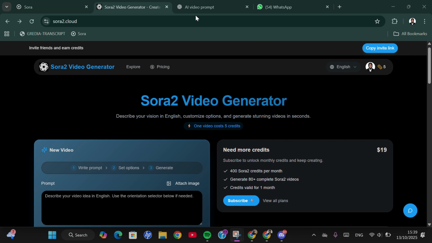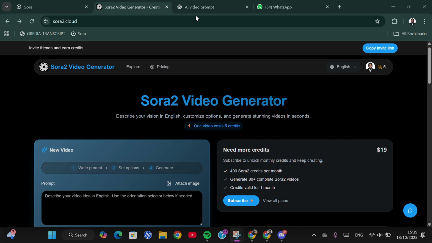As we know, recently Sora 2 became a trend. A lot of people try to search on how to use Sora 2 for free, and unfortunately if we want to use Sora 2 we need an invitation code and we need a VPN because Sora is not available in some countries. But no worries guys, in this tutorial I'm going to show you how you can access Sora 2 for free,